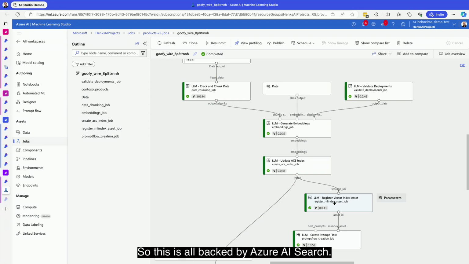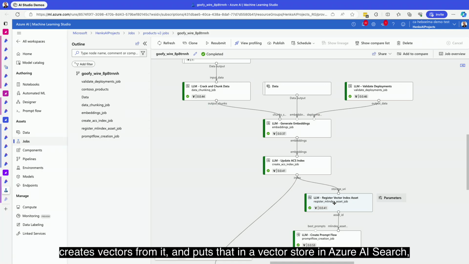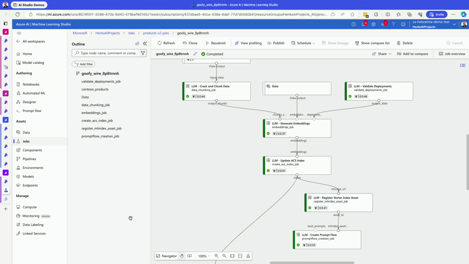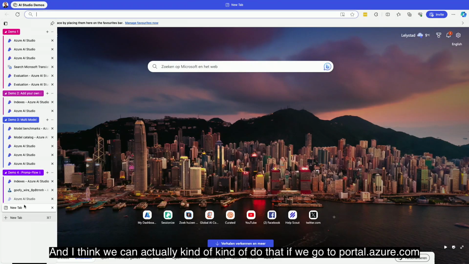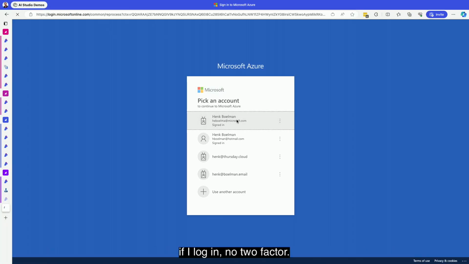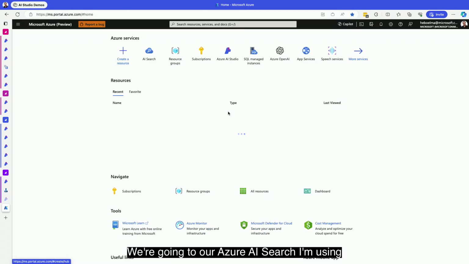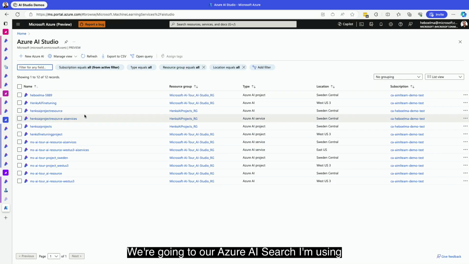So this is all backed by Azure AI Search. What this does is it breaks up your documents, chunks your documents, creates vectors from them, and puts that in a vector store in Azure AI Search, which you can just go to and see how it has been done. And I think we can actually do that if we go to portal.azure.com. If I log in, no to vector, so thank you for that. We're going to our Azure AI Search that I'm using today,